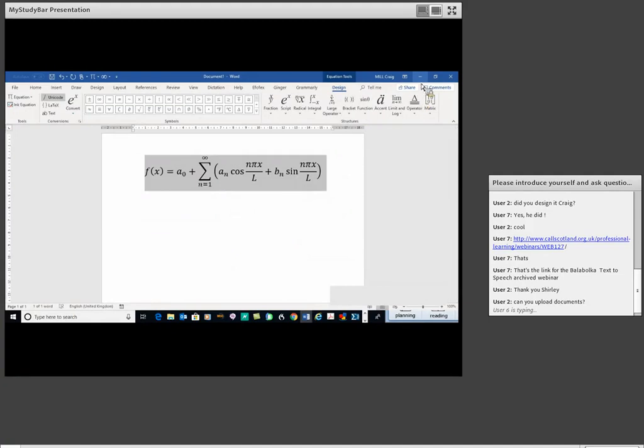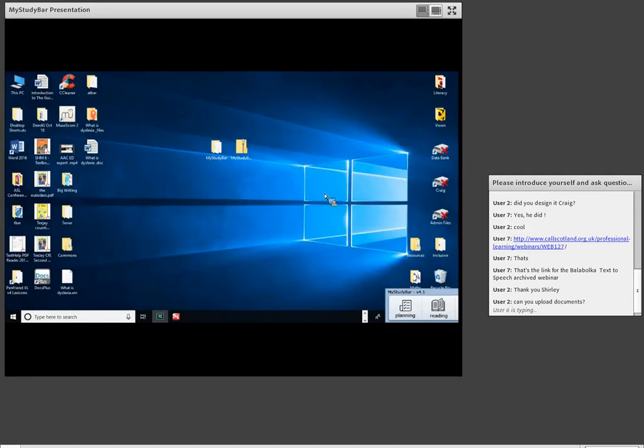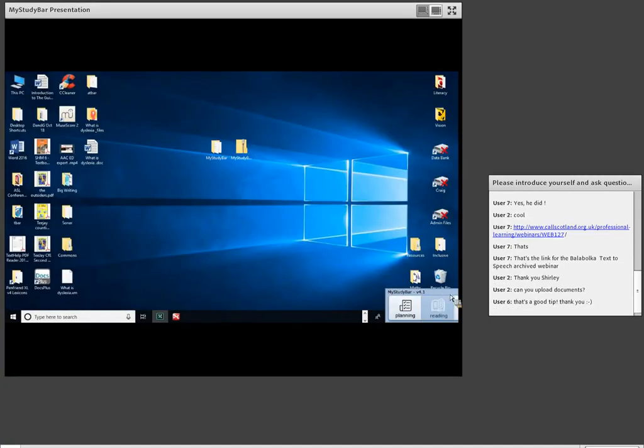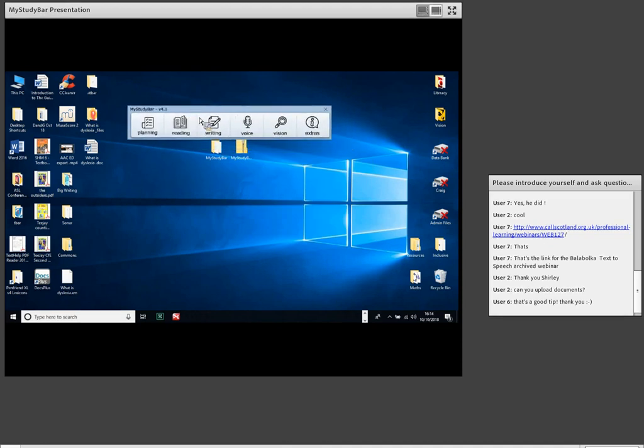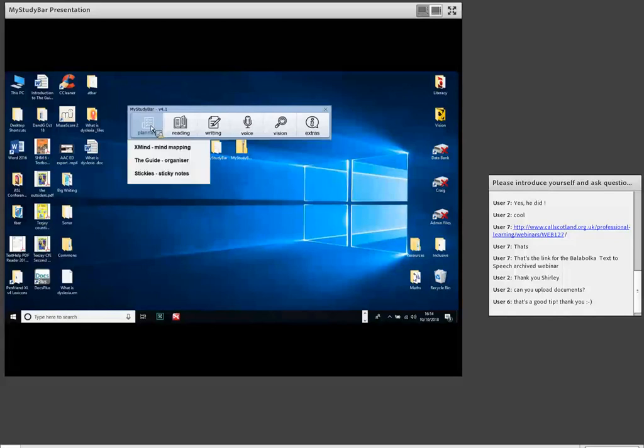Okay, so that's Xmind. I'll close that down, and I won't save that. That's for something else soon. Okay, so let's bring MyStudyBar back up. The next one I'm going to look at will probably be more useful for pupils maybe 5th year, 6th year,